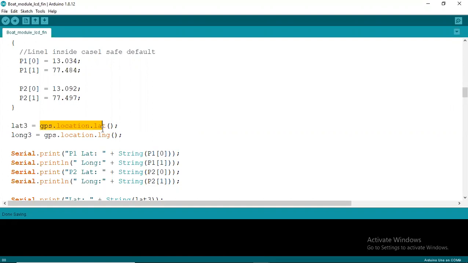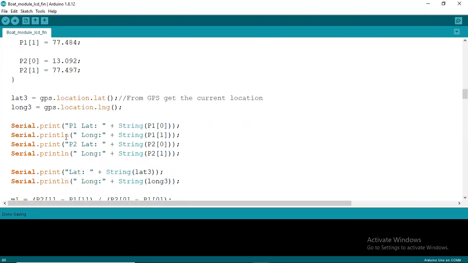Then this is a real location reading of the real sensor. So from GPS, get the current location. That is a very important step. Okay. So once you get the current location, store it in variables lat3 and long3. Then you print what is the P1 point, which is borderline point 1, borderline point 2. So print means just display.